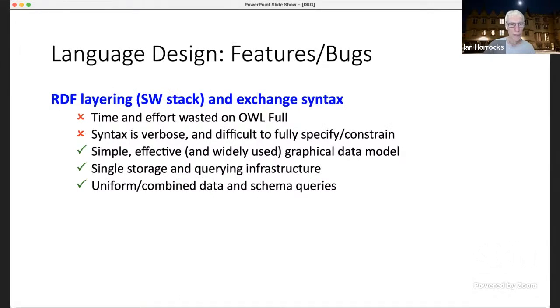So I already mentioned the stack briefly. One of the ideas behind OWL, and indeed its predecessors, OIL and DAML+OIL, was to have this layering so that you got more and more rich and complex languages in a kind of stack, each of which was backwards compatible with the things underneath it. But again, that's nice in some ways, but it did lead, I think, to some undesirable consequences.